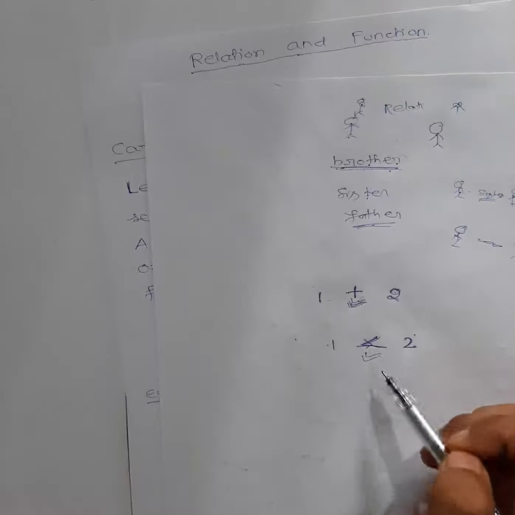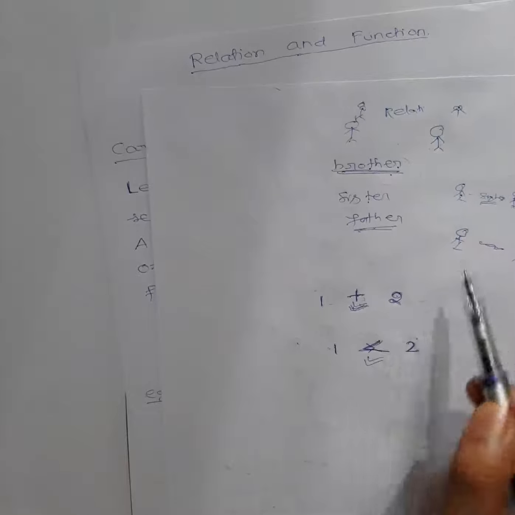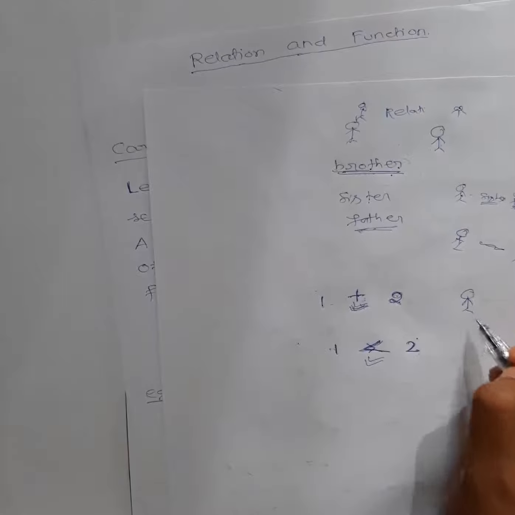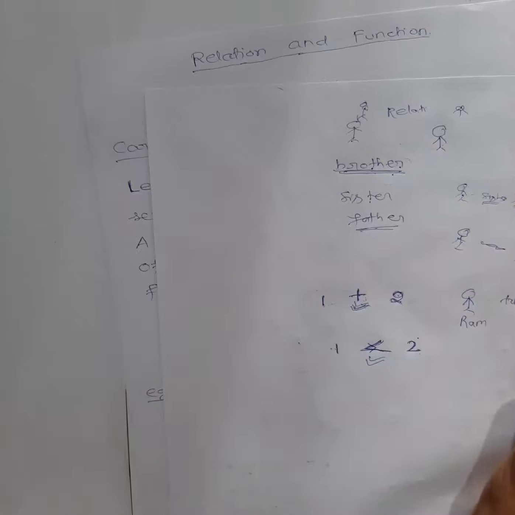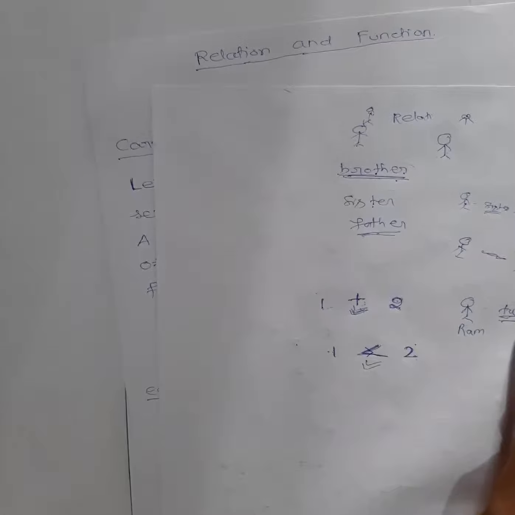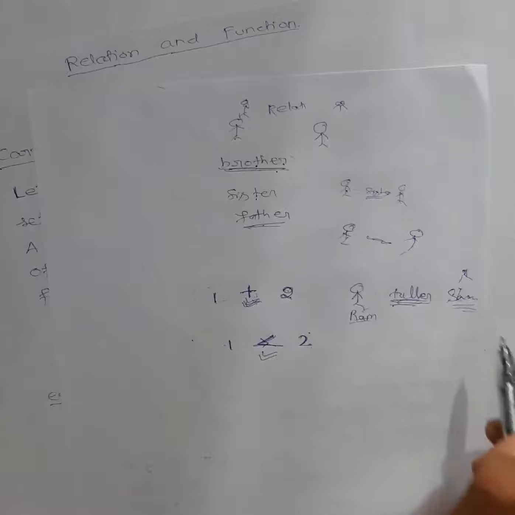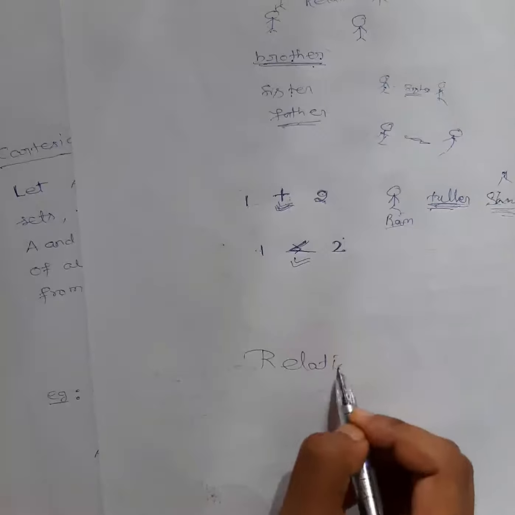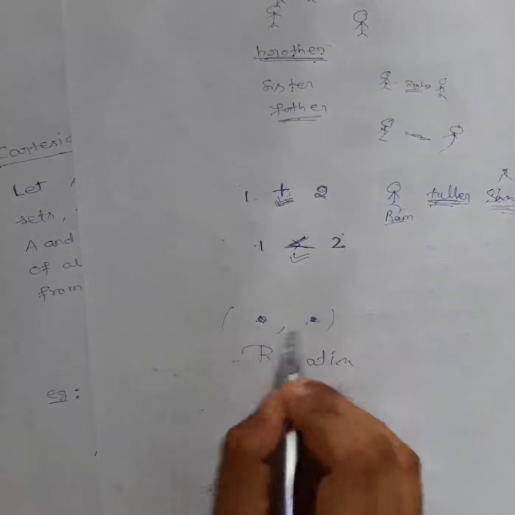Now what I'm trying to say from here is, when I say this is a relation, you can see minimum how many objects are there? Two objects. When I say his name is Ram, Ram is taller than Sham, then this taller also will be a relation between them. When I say this relation, you can see again two objects are there. So whenever there is a relation, minimum two objects must be there. Between two objects only I can make a relation.